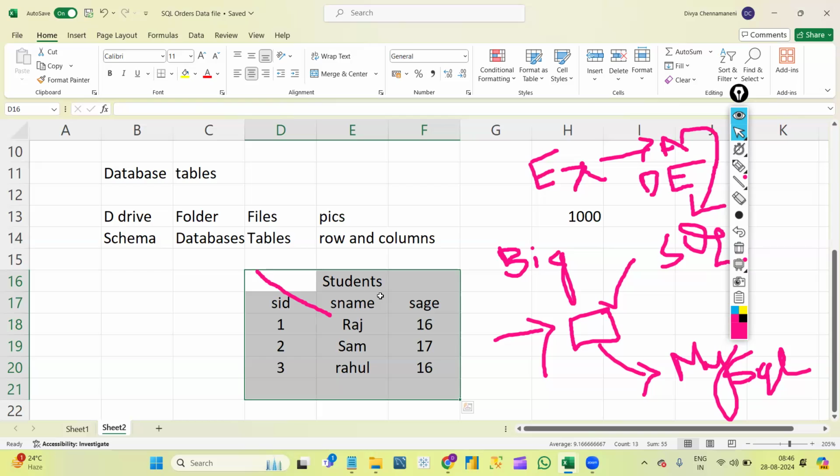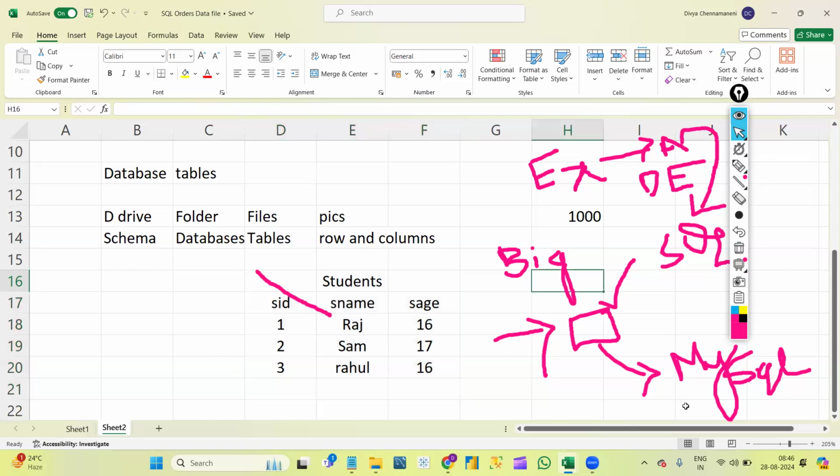If I want to explain the data here, suppose this is a student's table. If we have another table, that will be my next concept actually. Once I explain all these things, going forward I will explain it next, let me go with the flow. For now you understood what is a database, what are tables, and what are rows and columns. Till now everything is clear for everyone, right? Yes.